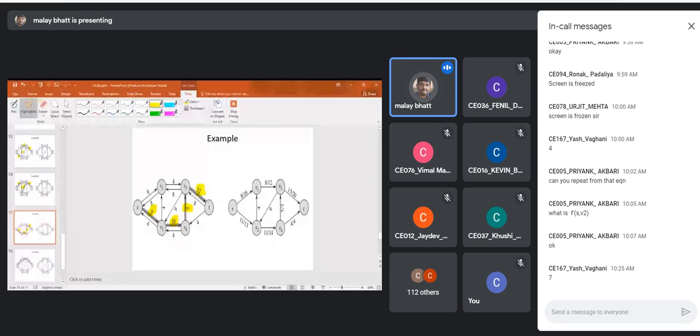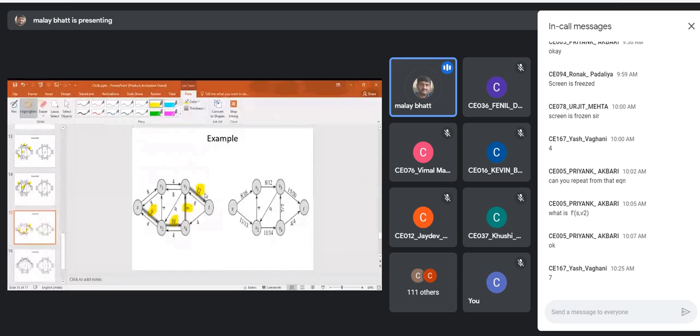Similarly, from V2 to V4, the capacity is 3. And from V4 to V2, the residual capacity will be again 11. From V4 to V3, the actual capacity will be 0. And from V3 to V4, the residual capacity will be 7.